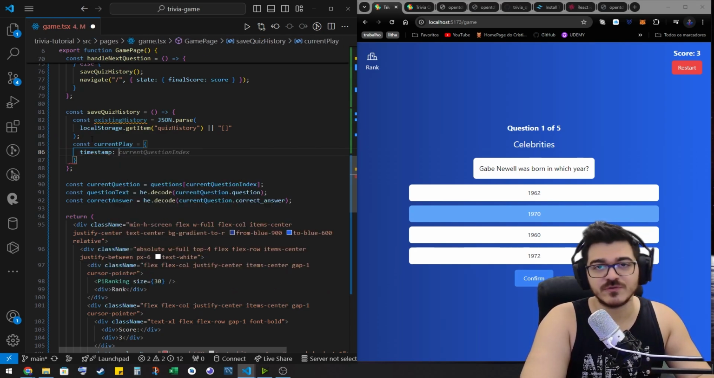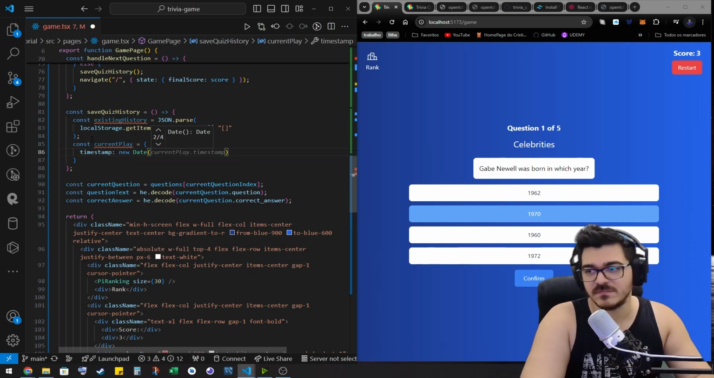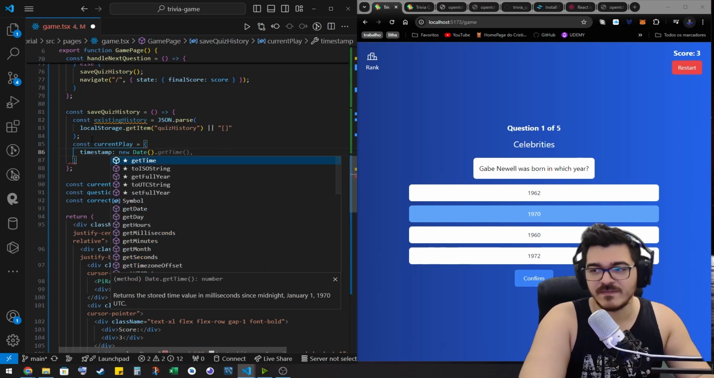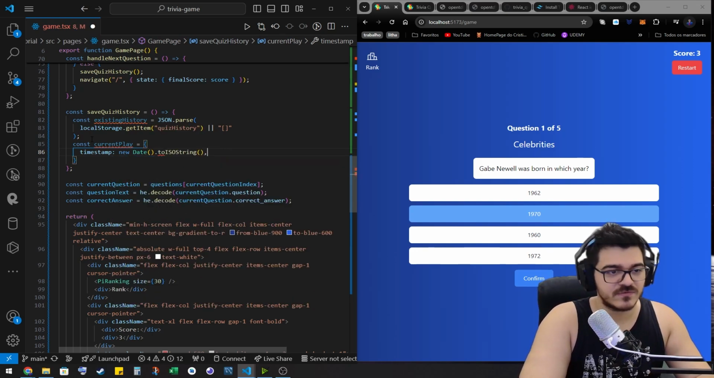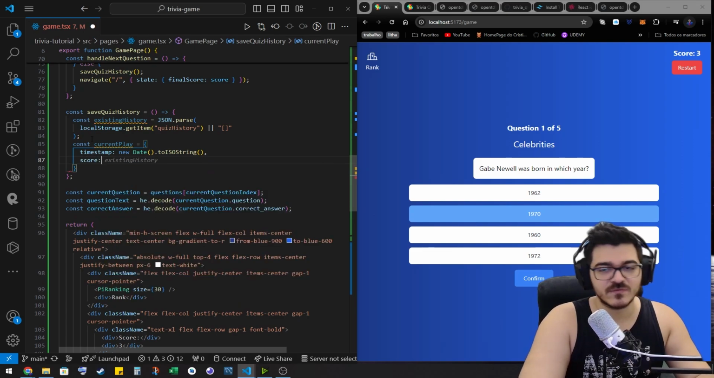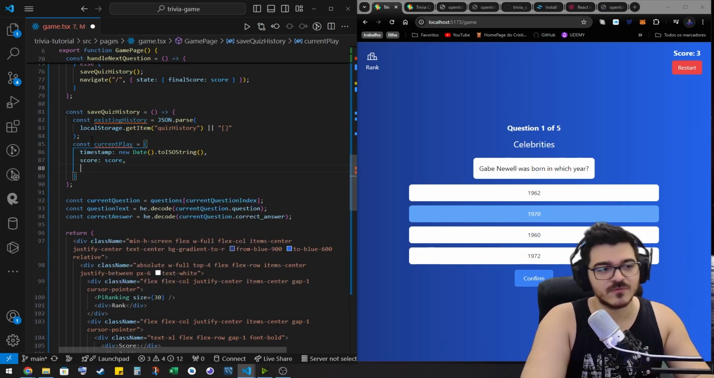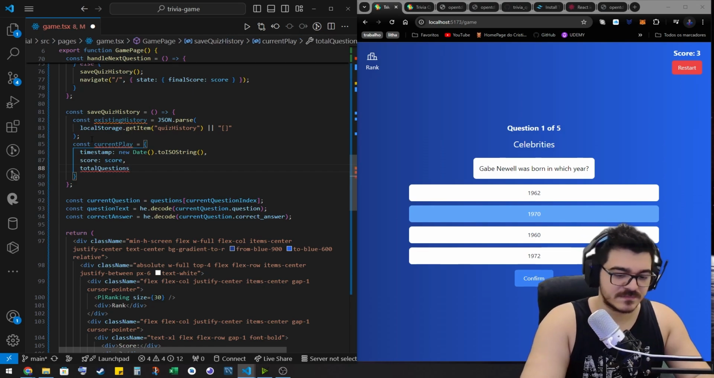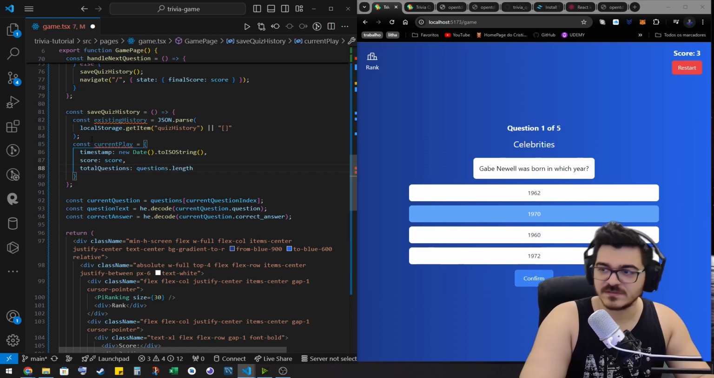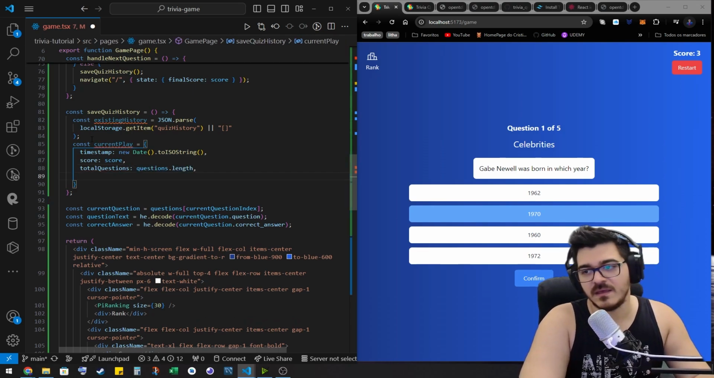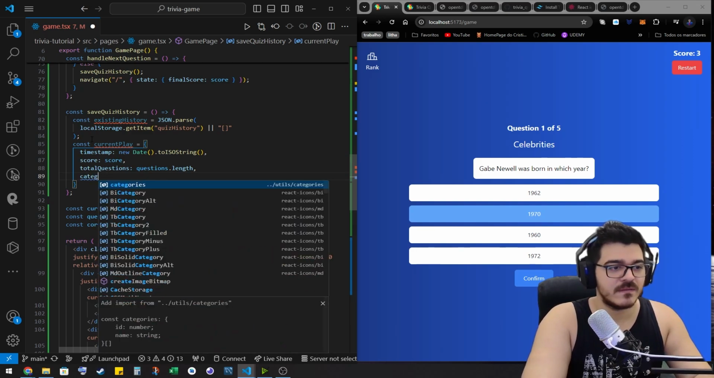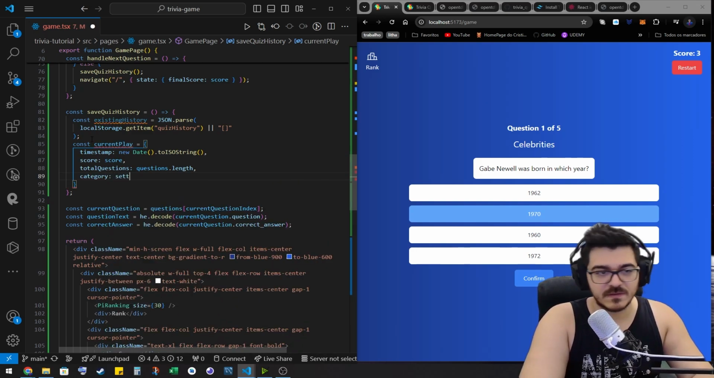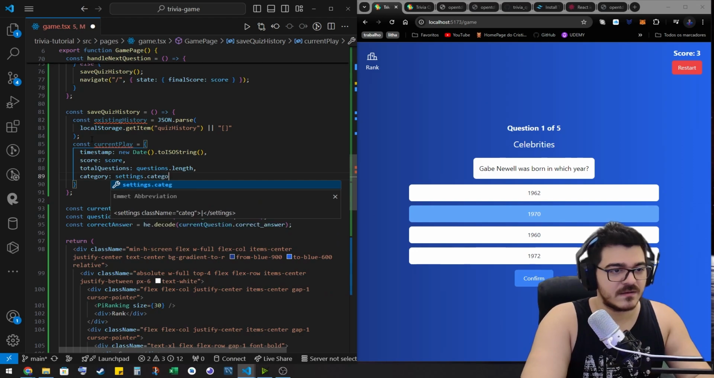After this, we are going to create the rank component. That is the last component that we need. That is going to show us the latest result that we have. It's a string, of course, and we have the score. That is going to be the score. Total questions, that is questions length, and category, that is settings category,